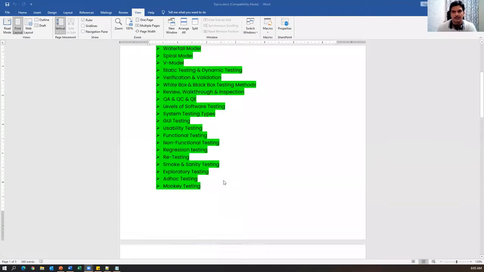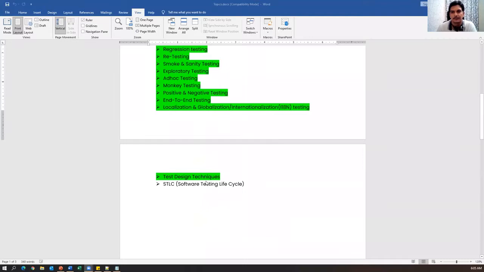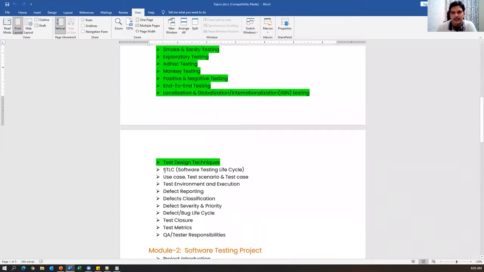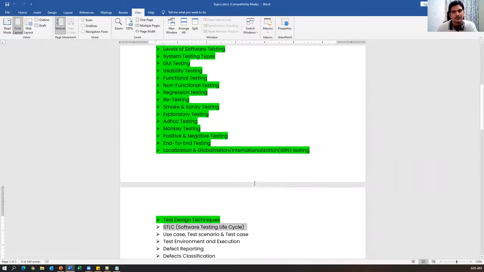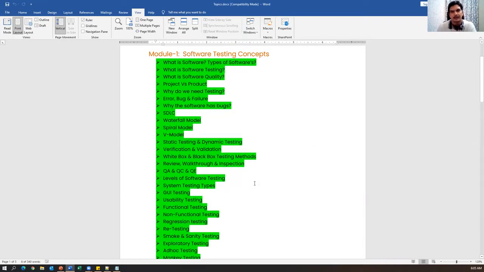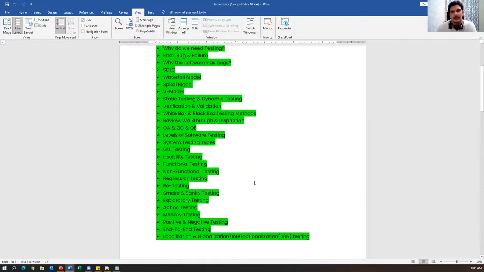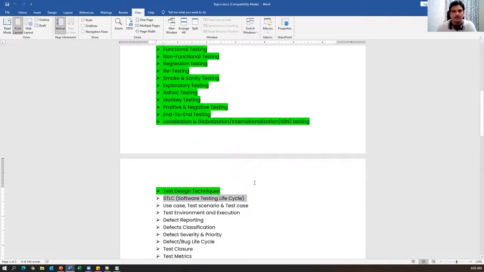So in today's session, we are going to see one of the important topics, STLC, Software Testing Life Cycle. So far we have seen the different concepts in software testing and different terminologies. Now we are slowly entering into the process. So where exactly the software testing process will start, and what are the different activities we'll do in the software